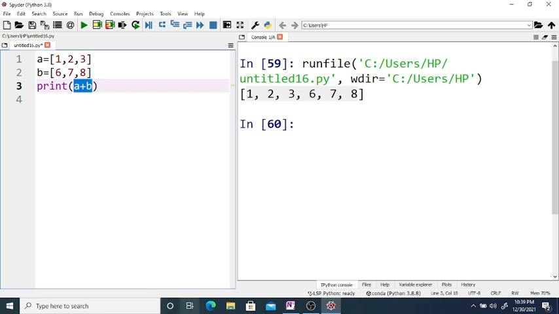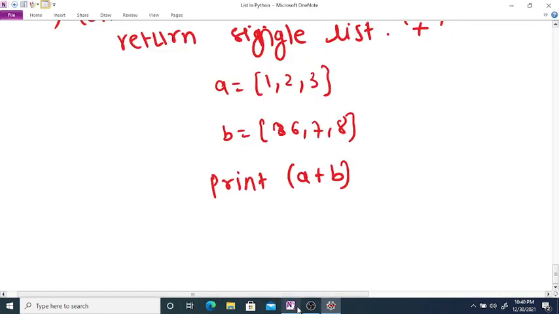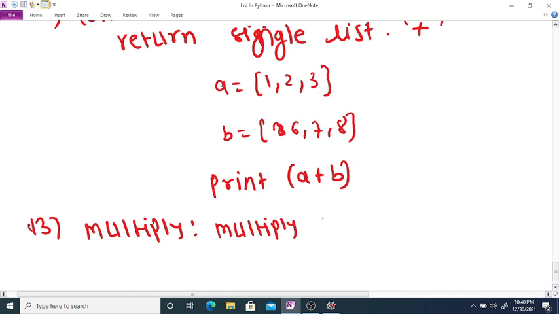Similarly, next you can multiply a list. So multiply a list n times.